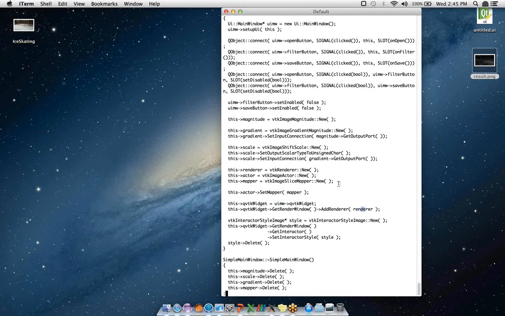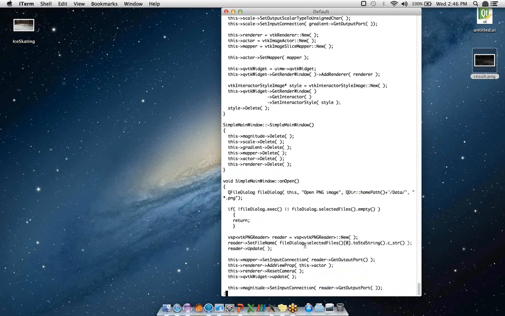So we send the renderer that we created up here as part of the visualization pipeline into the QVTK widget, and then we get a hold of the render window's interactor style,